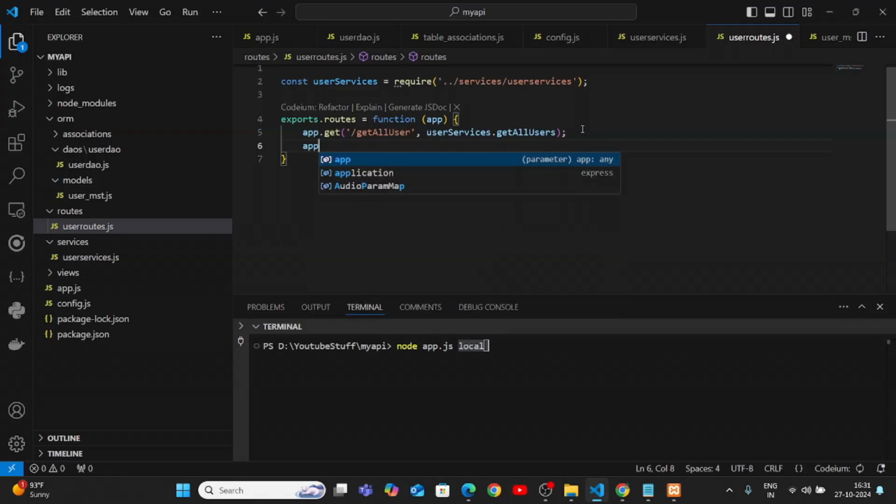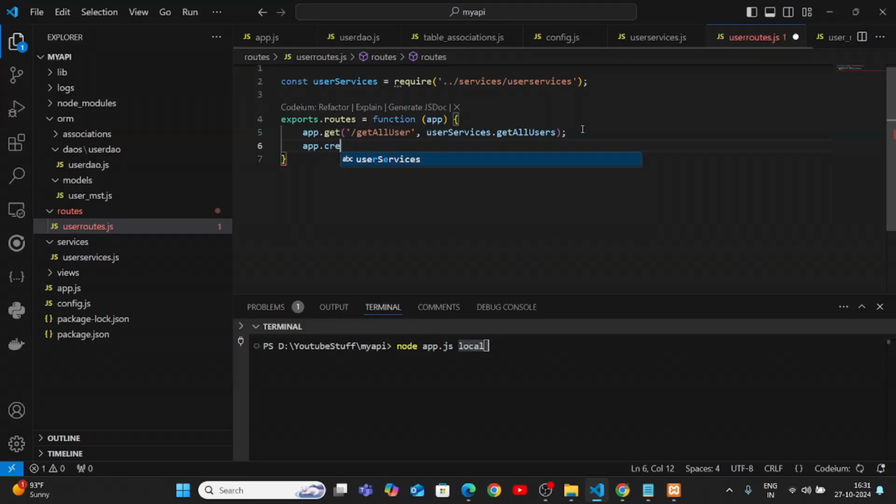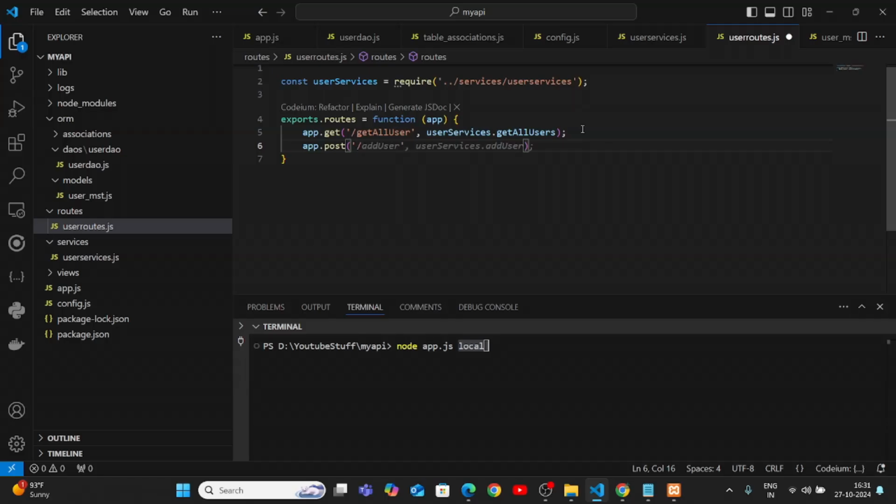So I use the post method for creating the API. I use the addUser API and just pass one method from the user services,